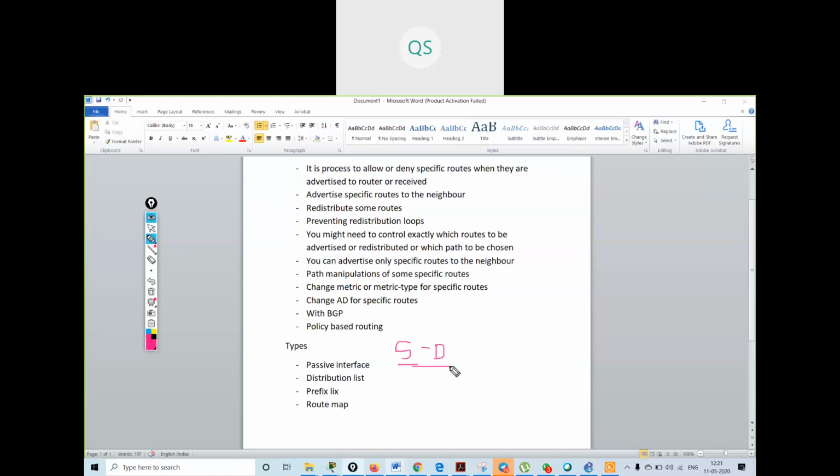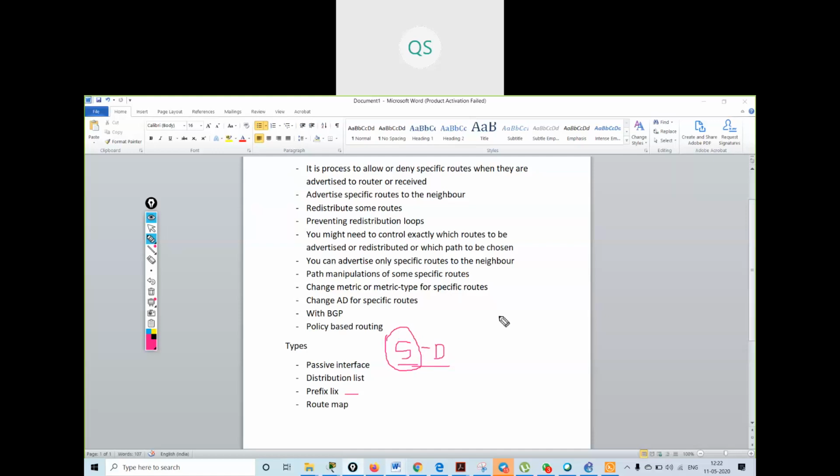Now, suppose I want some specific routes. What is the difference between access list and prefix list? If you give a source IP address or a source network, the whole network will get blocked. Or if you give a specific source, that source will be blocked.